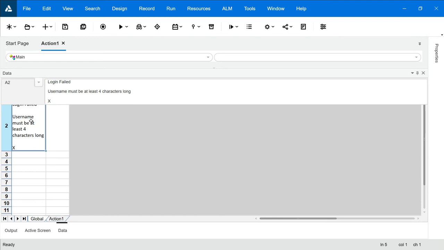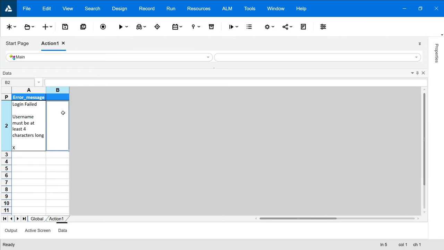This particular output is captured here, that is, "login field username must be at least 4 characters long." So we captured that particular option. If you want to perform parameterization along with this, you can do that also. For this, you can parameterize the different inputs too.